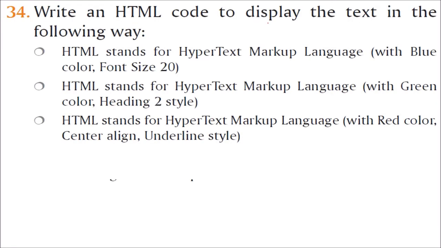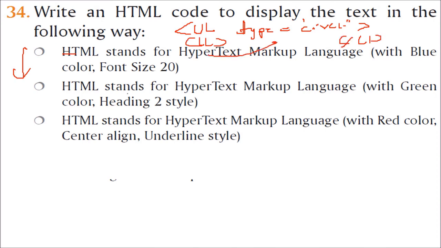HTML code to display the text in the following way. Now, first you have to make this a list. So unordered list you have to make, and you have to give type equal to circle. Okay. First thing is this. This content should come inside li. First will come here, then second will come in the next li, then next li, 3 li, then you have to end the ul. And there are more contents also, so I'll see in the result.